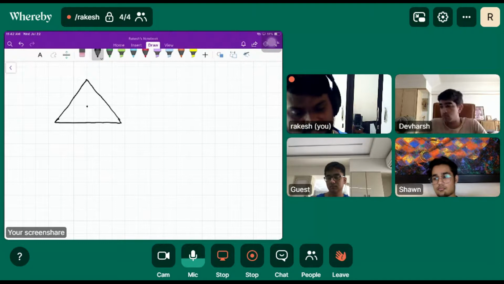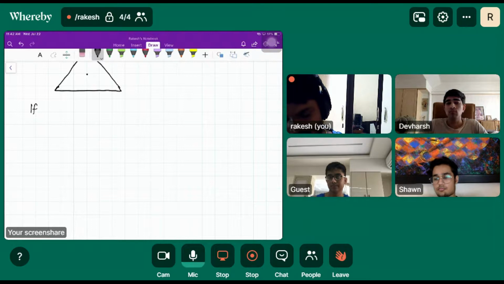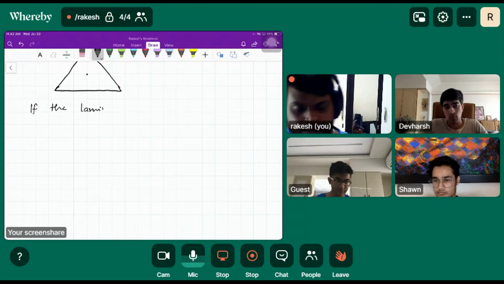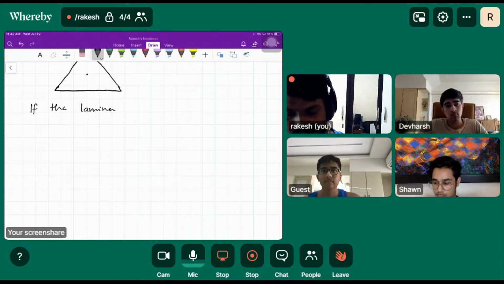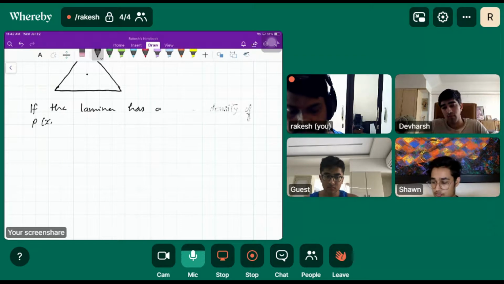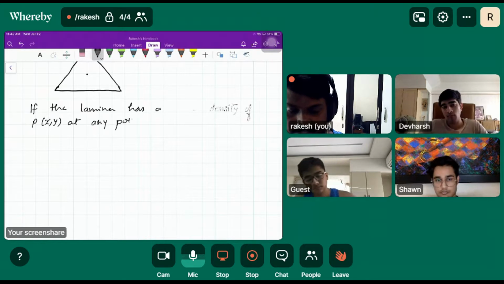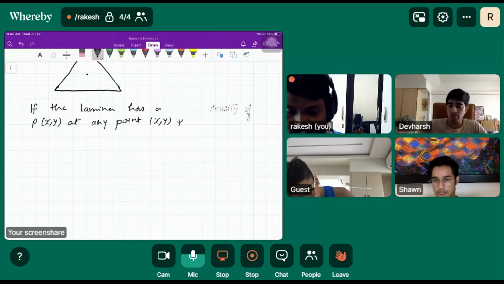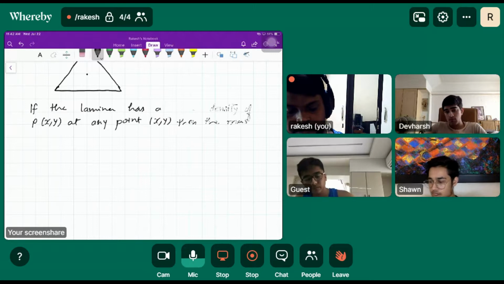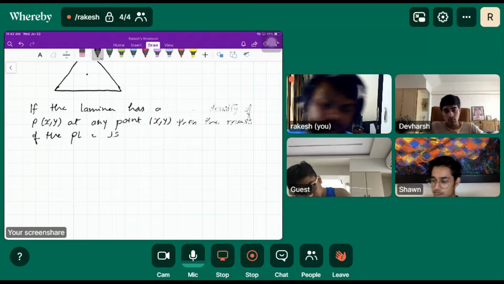Let me write down the starting statement. If the lamina has a mass density of rho(x, y) at any point (x, y), then the mass of the plate is